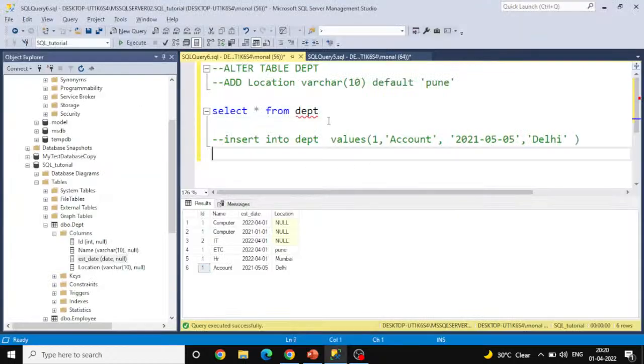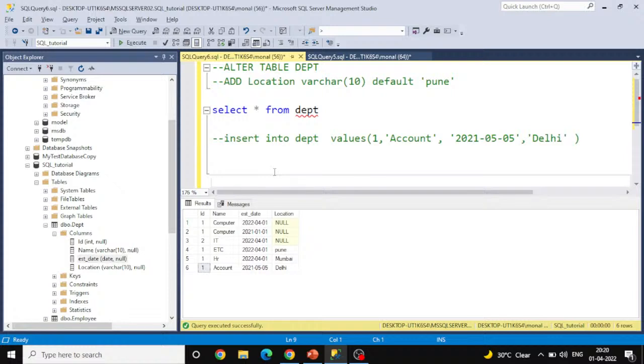So for example, I have a table department, and for example we will consider whether the department is active or not, and I will add an is active column. So alter table dept, add